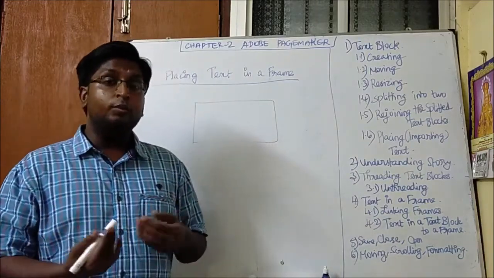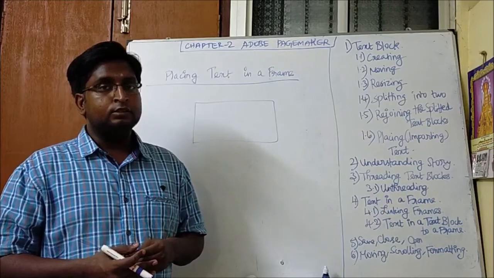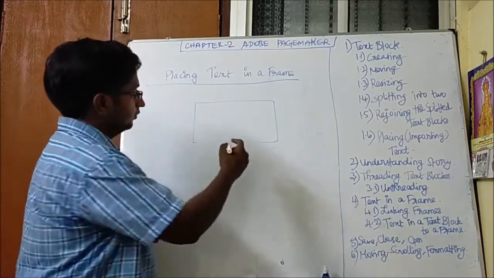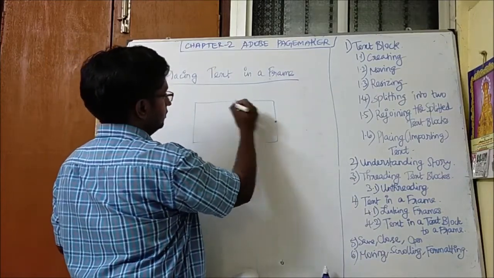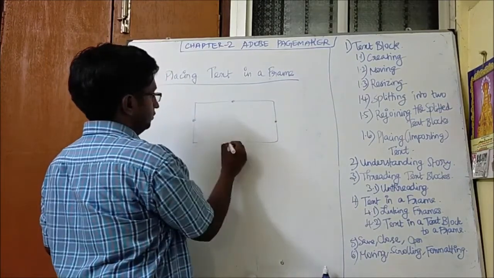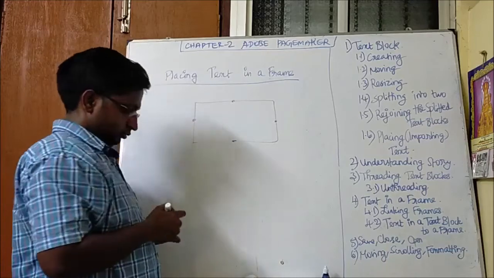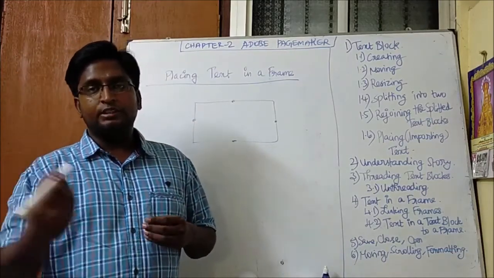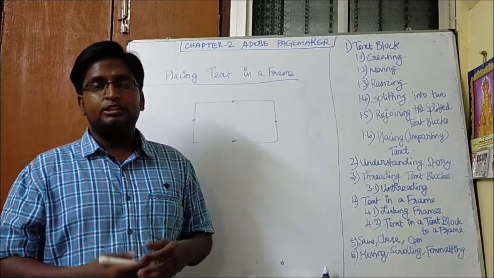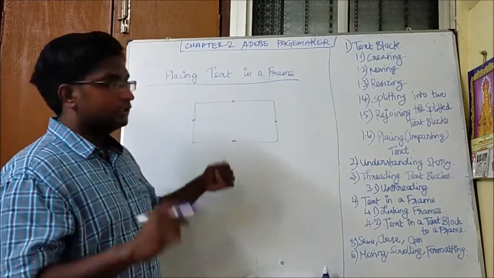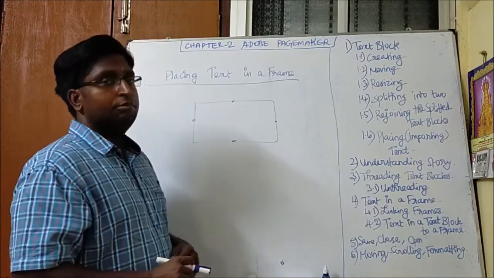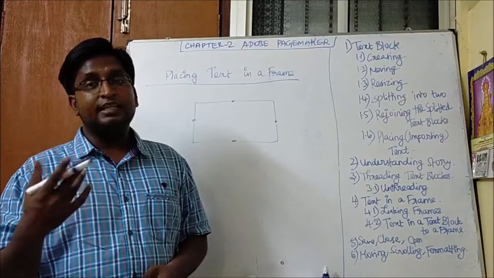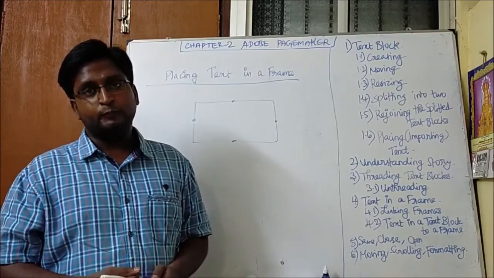Again, similarly, how you import the text. You can open the file. First, you have to select the frame. You will be having the resizing option. File, open, and you have to select the document or the text document, whichever needed, and click open. The text will be placed inside the frame. So this is how we can place the text inside the frame.